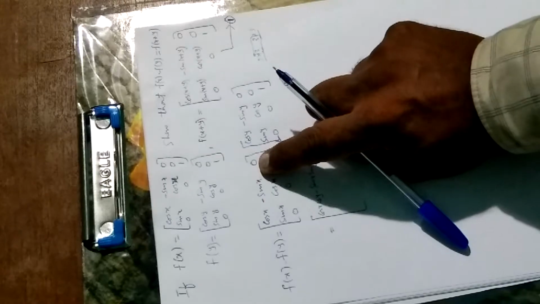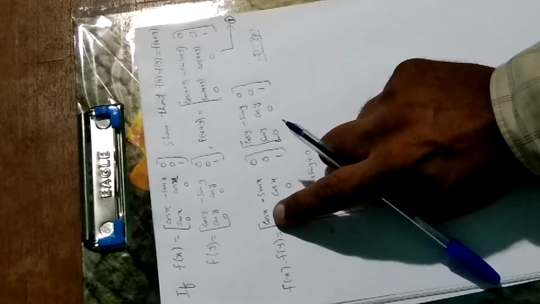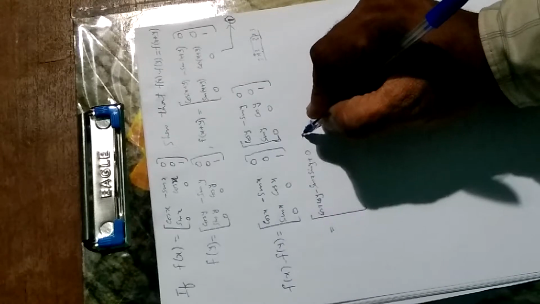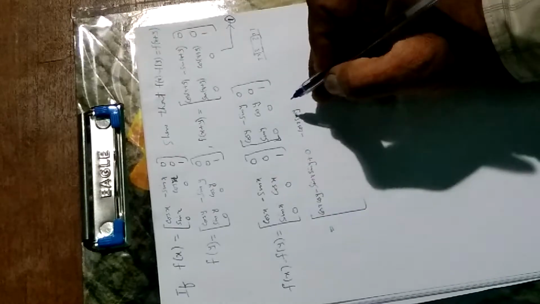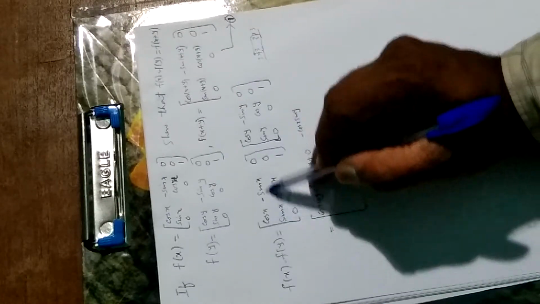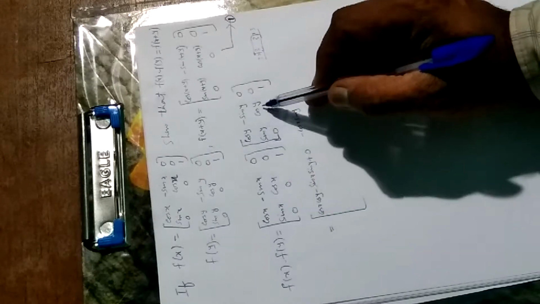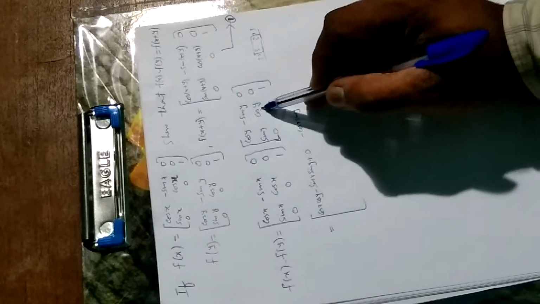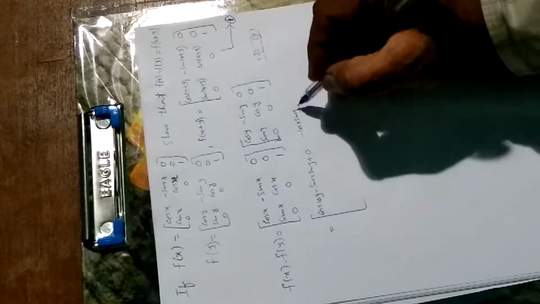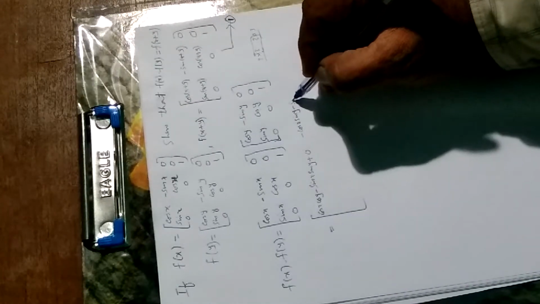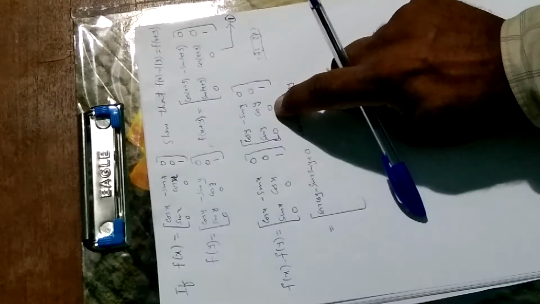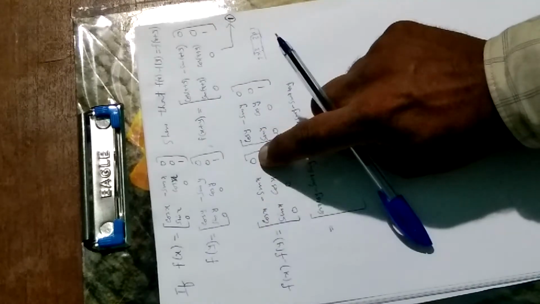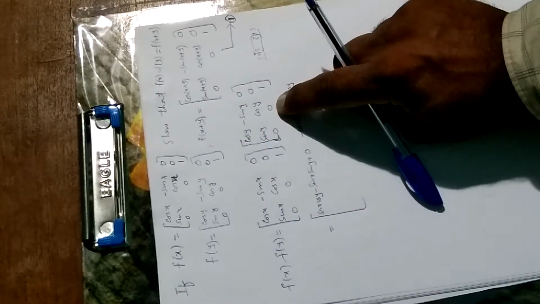Okay, now multiply first row by second column. So we have here cos x into minus sin y, that will become minus cos x sin y. Then we have to multiply this by this. We are multiplying first row second column, second element here in row, second element here in column, so plus into minus is minus, it will become sin x into cos y. Then multiply 0 by 0, third element of first row, third element of second column, right? 0 into 0 is 0, plus 0.